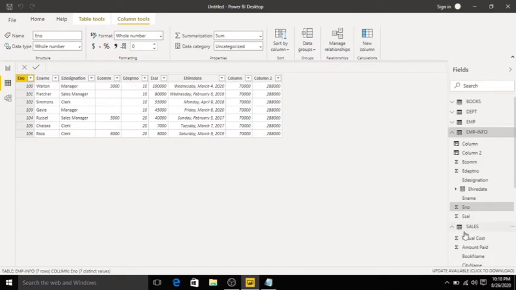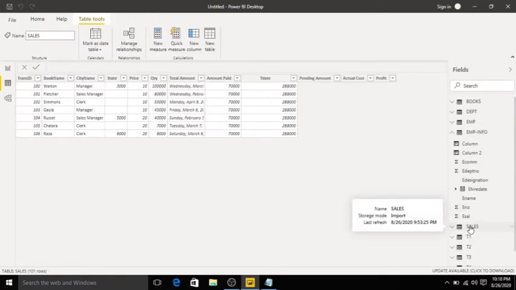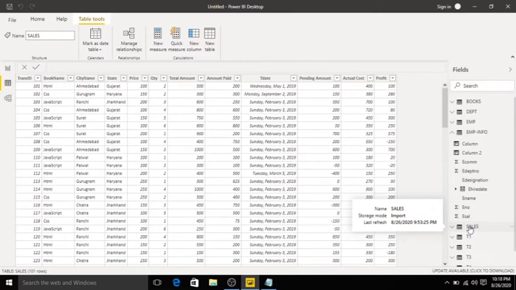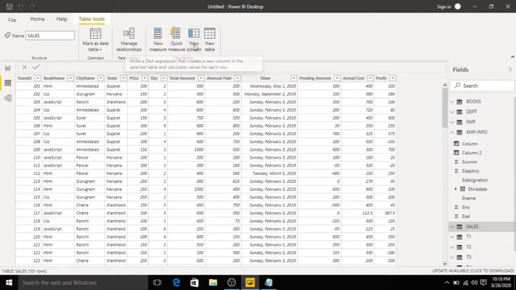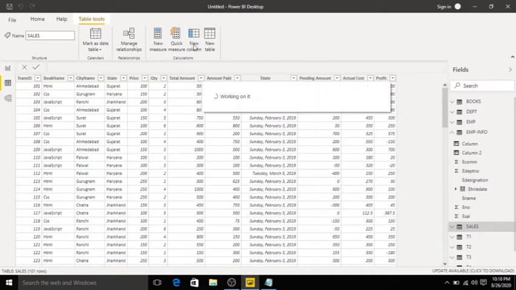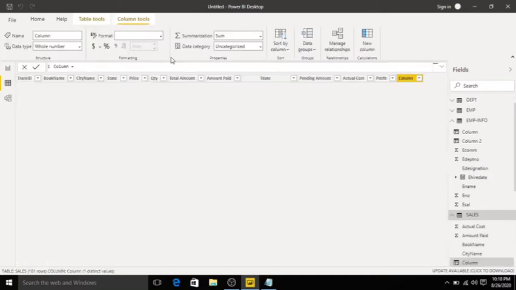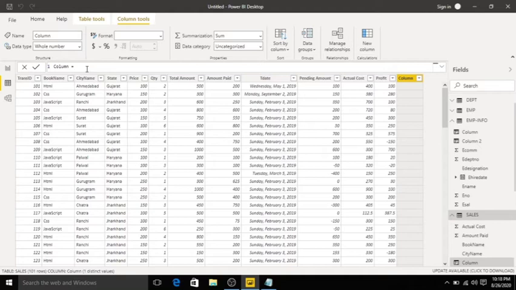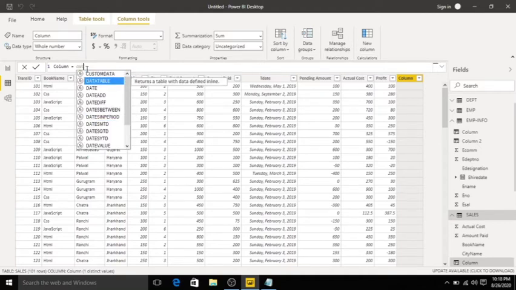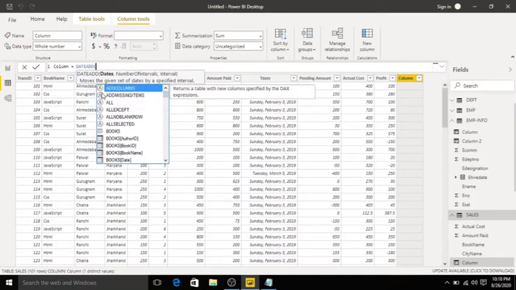Go to the sales table, click sales table. We have another function called DATEADD. DATEADD moves the given set of dates by a specified interval. Click new column. I will provide a DATEADD, click tab.